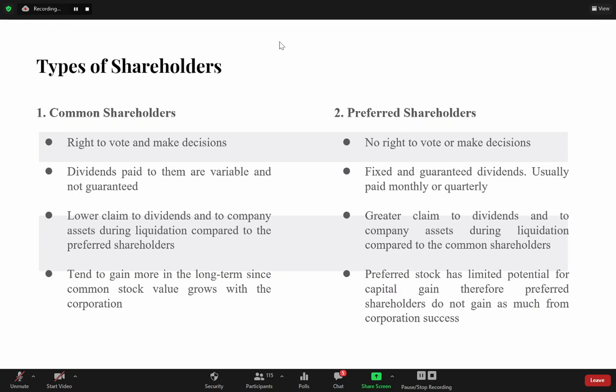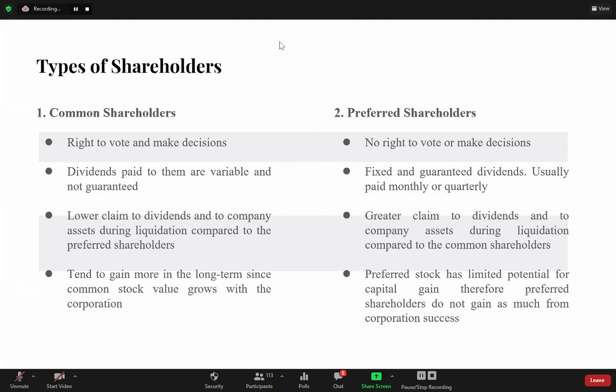their share back. Usually what happens is first the creditors, the people who give loans, are given what is owed to them, then the bondholders, then the preferred shareholders, and then lastly the common shareholders get their share. So first the preferred shareholder, then common shareholder. Then the last difference is